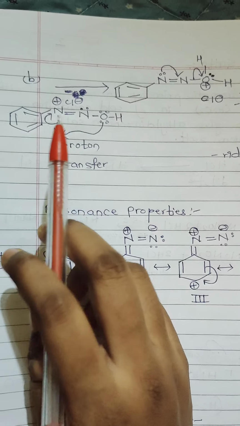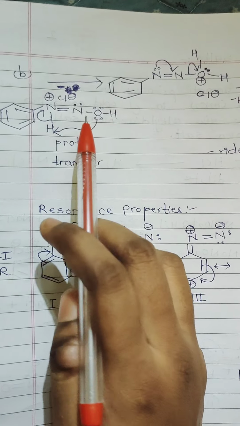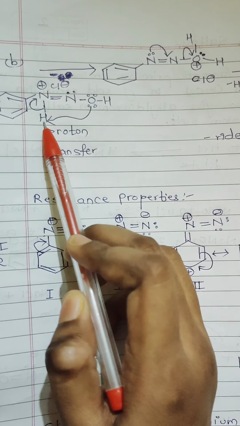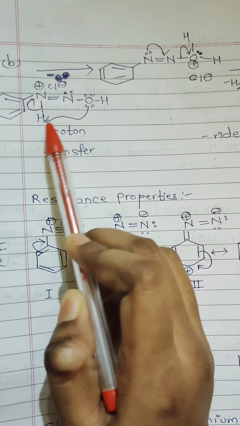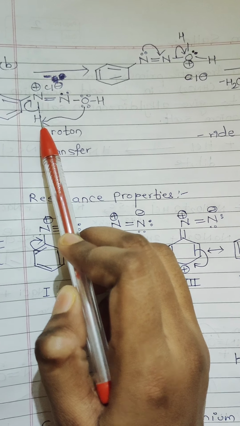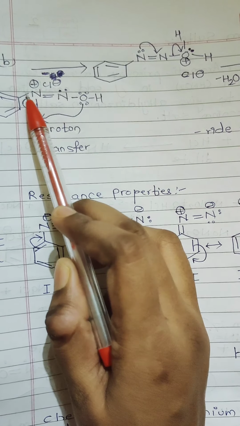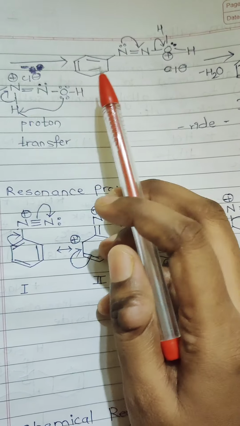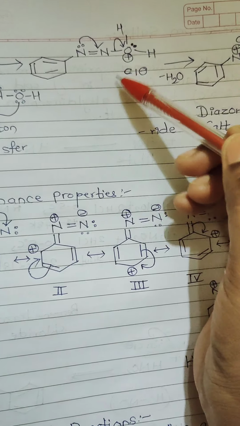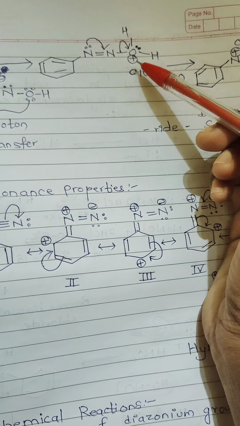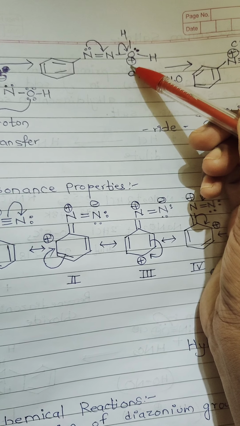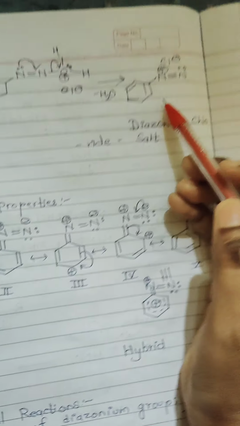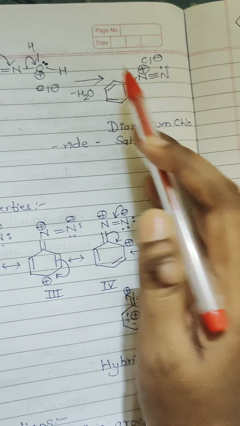Next we'll see, we have selected the B structure. So again we will see the proton transfer, because here again nitrogen has positive charge, and this is a somewhat acidic proton, so oxygen will attack the hydrogen and nitrogen becomes neutralized, or it carries all its electrons around itself, hence it is neutralized, with no positive or negative charge on it. Next, again the oxygen by protonation gets positive charge here, and again we'll see the transfer in this manner. Similarly we'll get a structure like this.